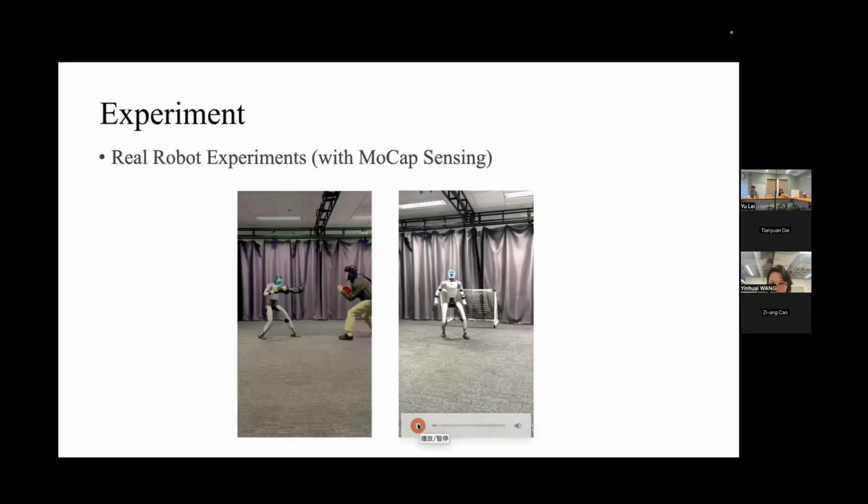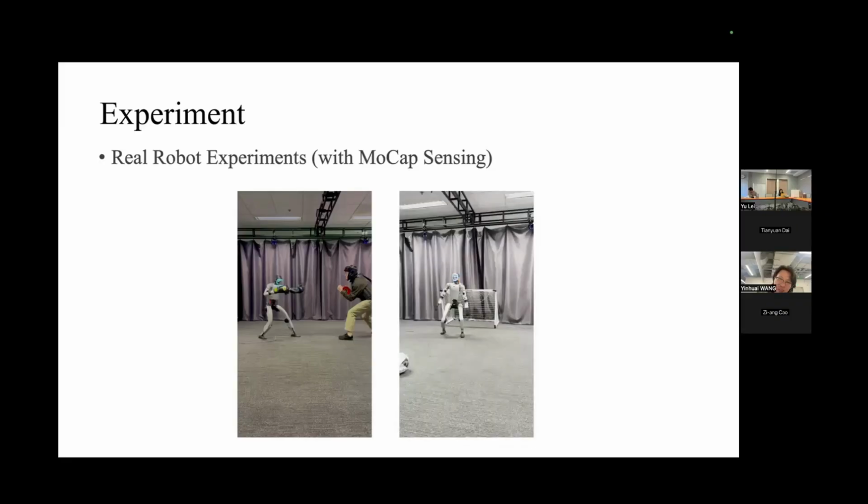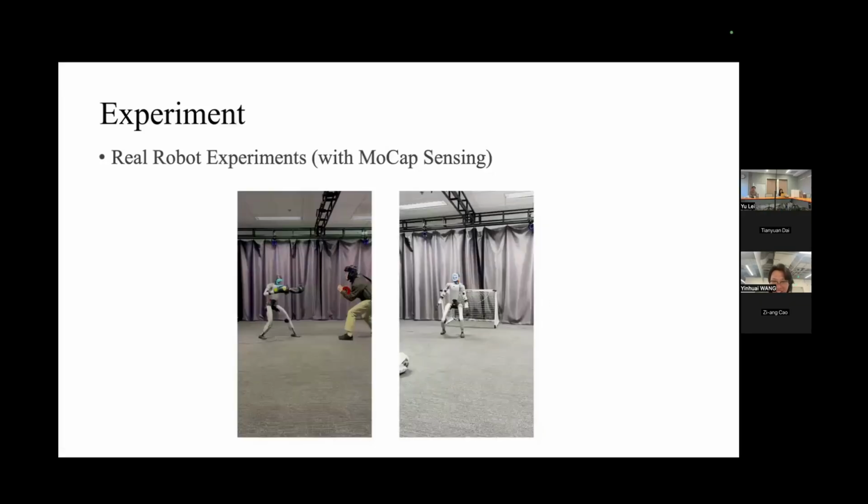And here is the football kicking case. Actually, it can kick more than 20 times. So I think it is robust enough to do that. Okay. That's all. Thank you.